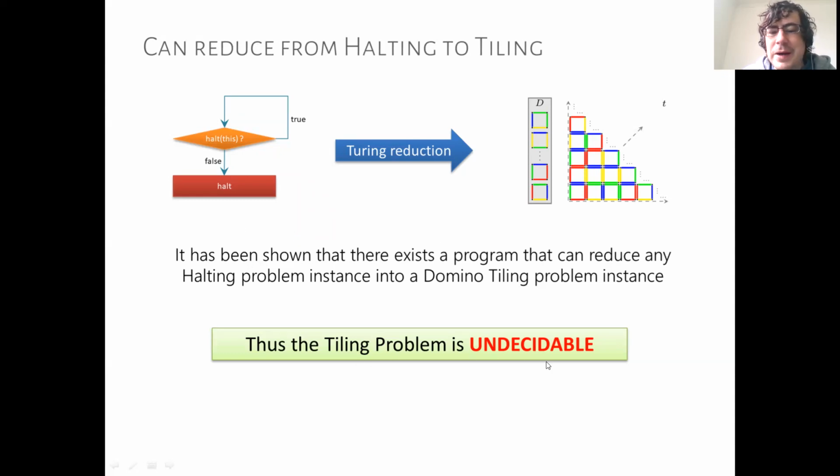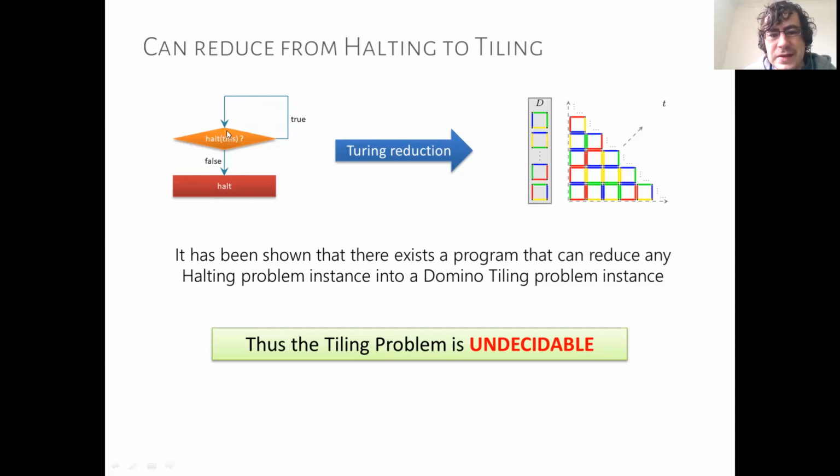we know that the tiling problem is undecidable, right? Why is that? Because if the tiling problem were decidable, and if we have this type of Turing reduction here, this nice reduction that will always guarantee to turn any instance of this problem here into this one here, then this would be decidable. Because for any instance here, we just apply the reduction and then we have a decidable problem. So obviously this is not possible because we already know this is undecidable, right?